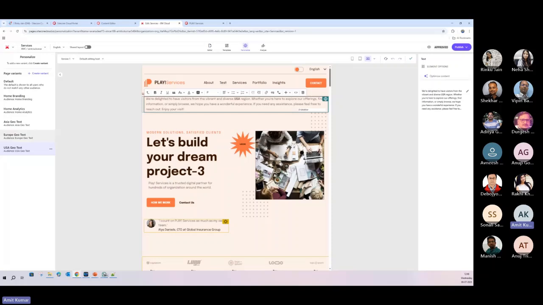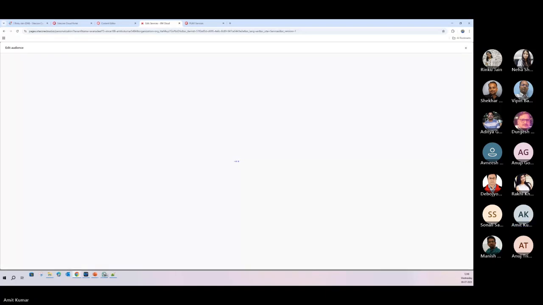And also, let me show you one more. So it is a preview of how the conditions look. If you click on build, you can add more conditions. Suppose I am